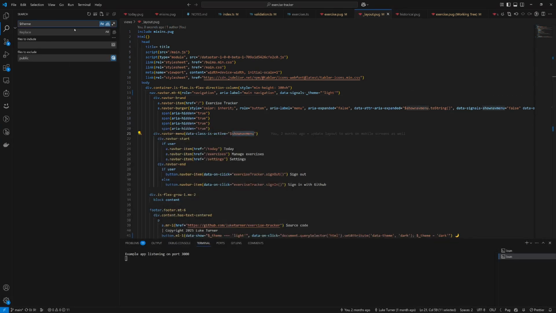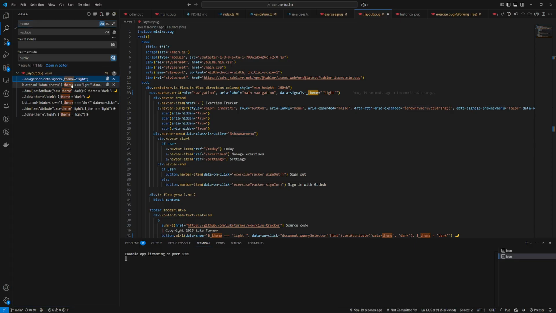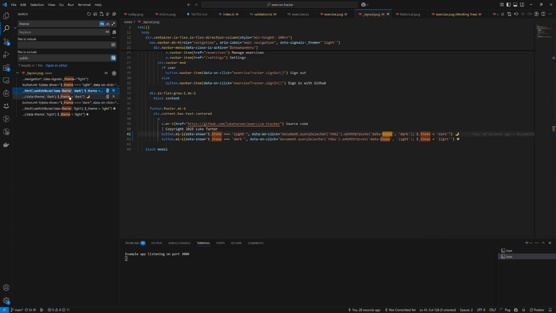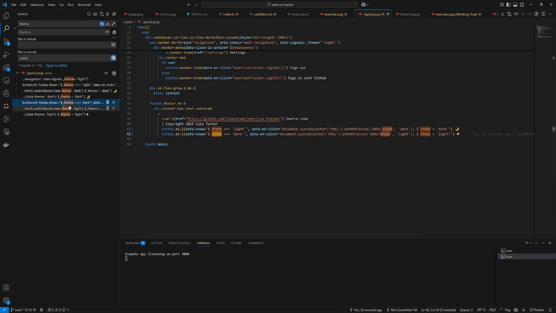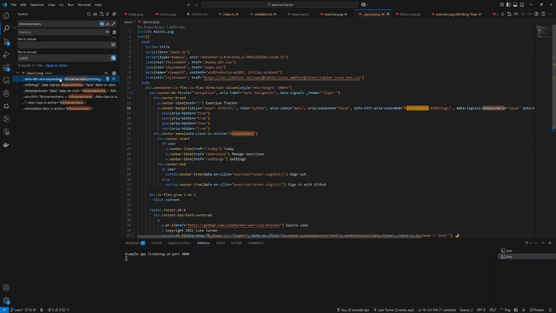If I get rid of that, let's see. Theme, and not whole word. So there's that, there's that, there's that, that. Yeah, seems fine. If I do show nav menu, sounds